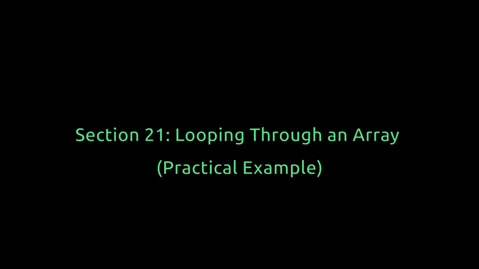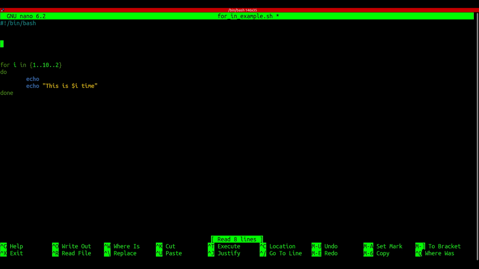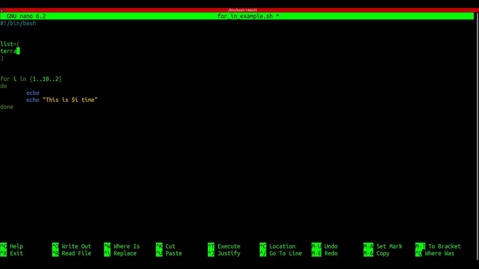Section 21. Looping through an array. Practical example. What if we want to loop through a list of items like package names or file names? Solution: we can loop through a bash array. Let's save time by copying the existing script. cp forin.sh forin_example.sh, nano forin_example.sh. Now declare an array like this. list=(item1 item2 item3 item4)